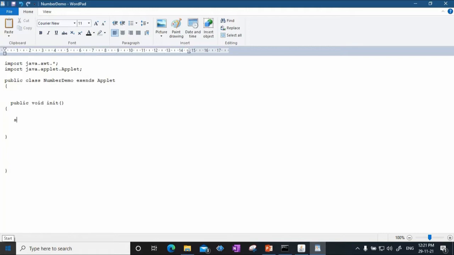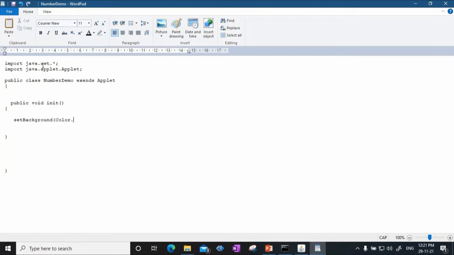Okay, there is a method called setBackground, which sets the background, and there is a class called Color, and it has static members. See, basically your java.awt, apart from the Graphics class, has other classes.